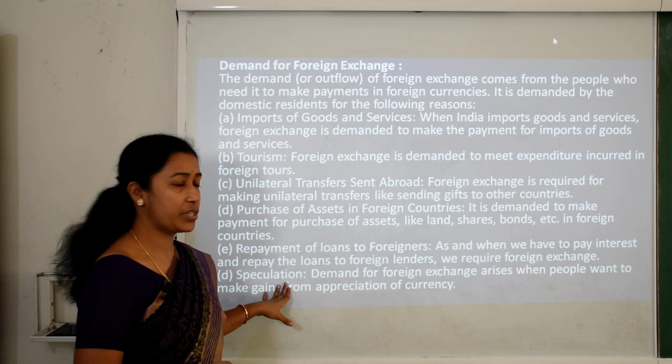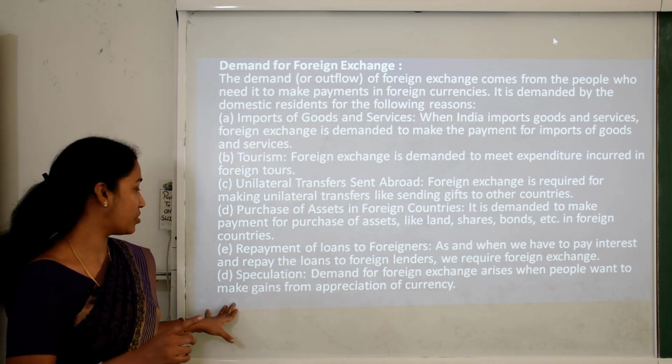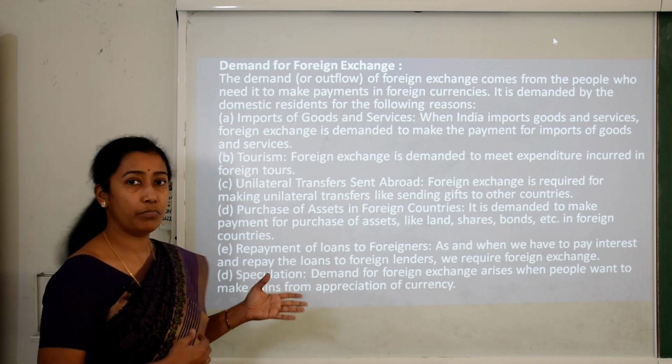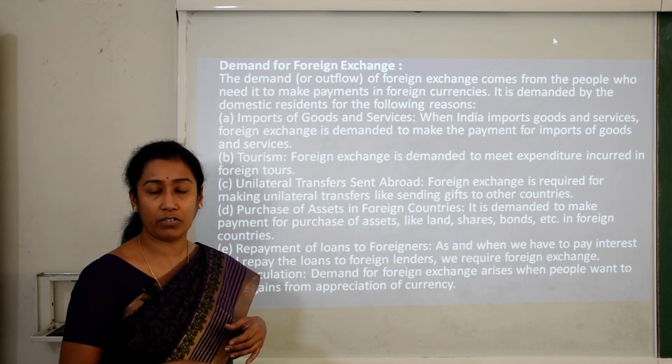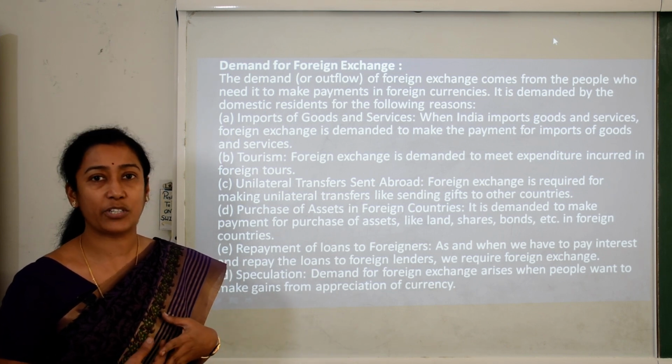And last, speculation activity. Demand for foreign exchange arises when people are engaged in stock market activities, that is, making gains from appreciation of currencies by investing in various speculative activities like purchasing shares, debentures